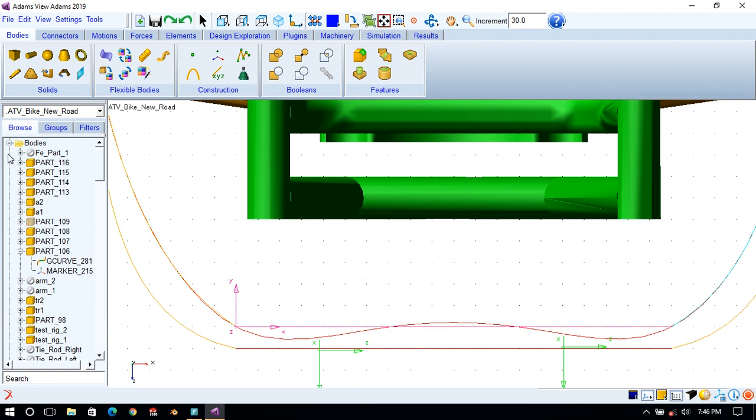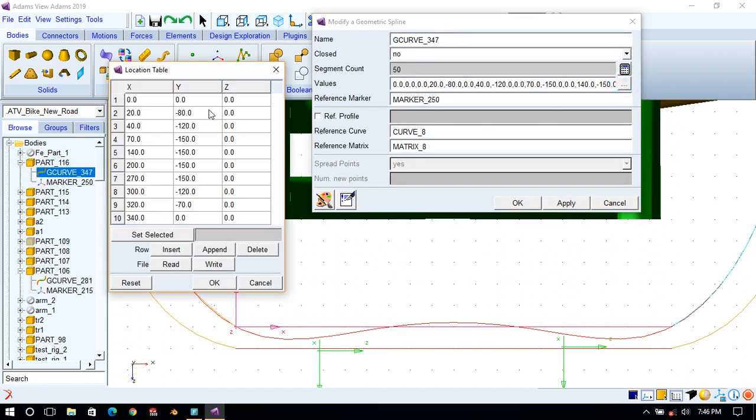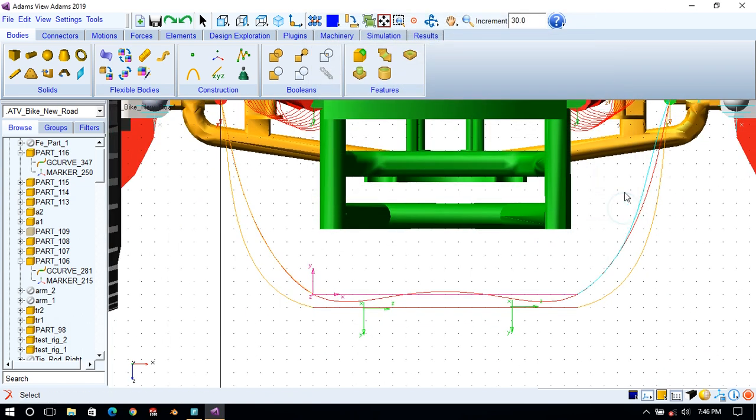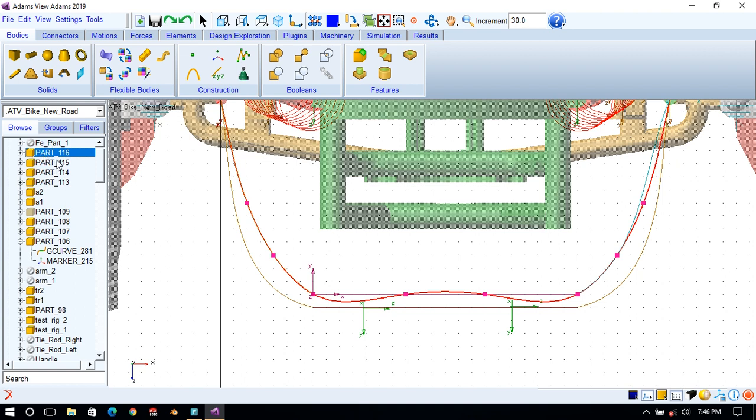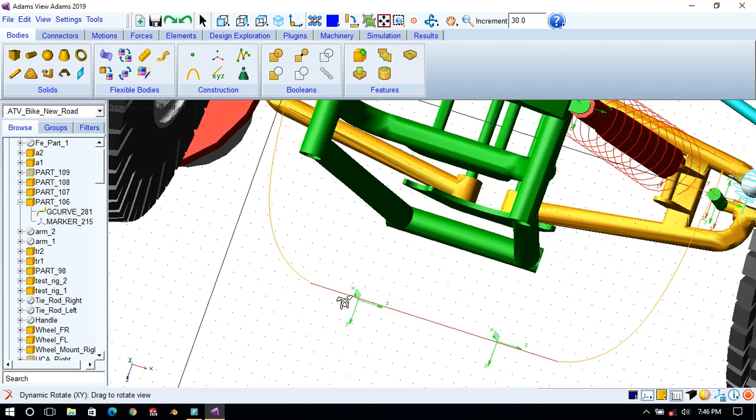You can edit by using this table, where it is. In this table you can edit, make it symmetric: 150, 120, 70. So make here a -80. Okay, apply. So this way you can create, you just have to adjust points a little bit, so you can play with the points. I will not waste much time on this, so I will delete this construction. I will keep my previous curve as it is.